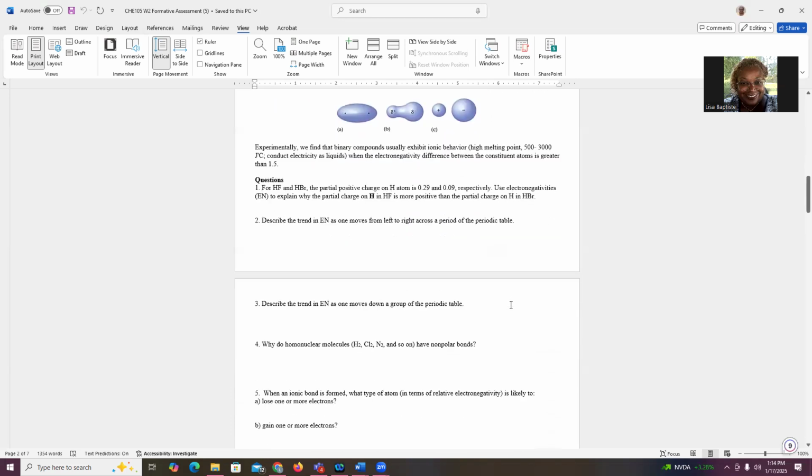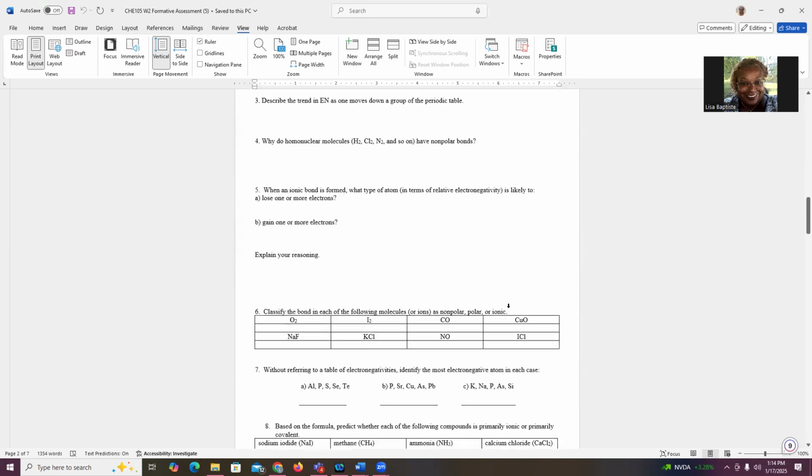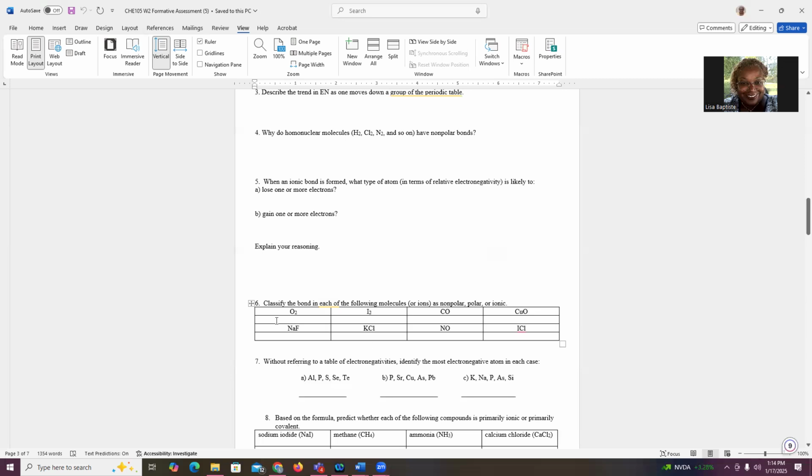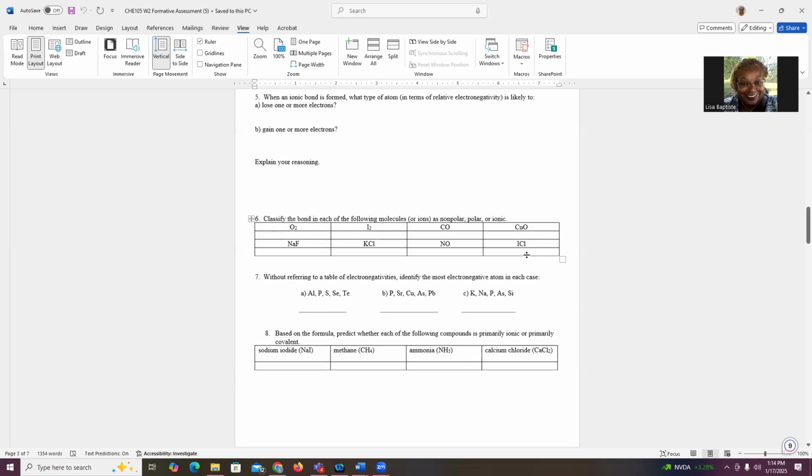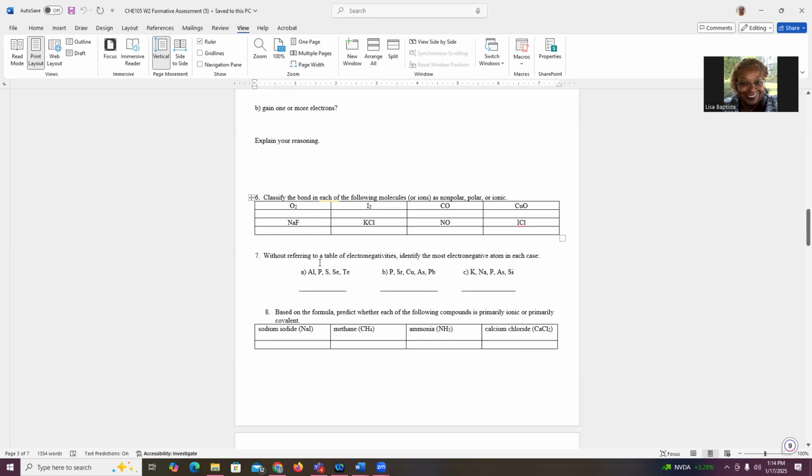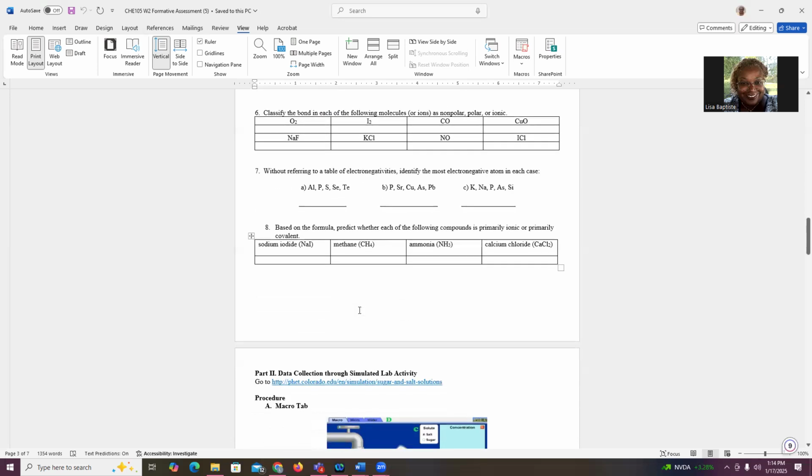So you're going to look at some examples of that and answer those questions. Then you want to look at some other bonds, determine if they're nonpolar, polar, or ionic, just like I showed you with the example of HF, okay? And then we're looking at identifying the most electronegative atom for this case, okay, and putting that information in there. And then primarily ionic and primarily covalent based on the fact that you are looking at the differences of the